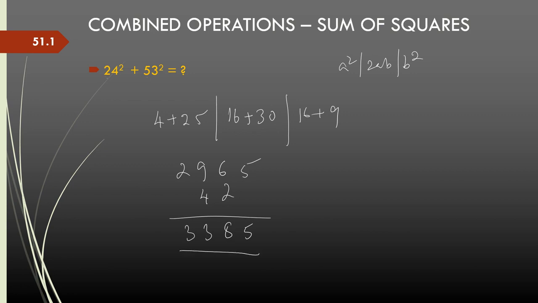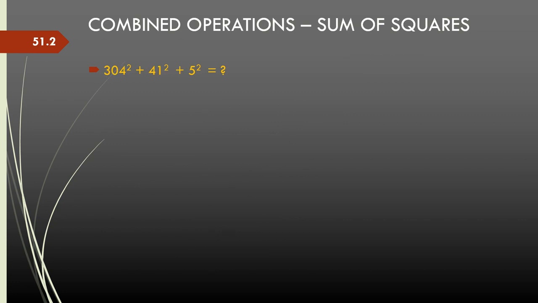Now with some practice I don't have to write this. Without writing this, I can directly write the answer once I get used to calculating the parts together. So in one or less than two steps, we will have the answer of the sum of squares. Now the same technique can be applied even if we are squaring numbers which have a different number of digits.